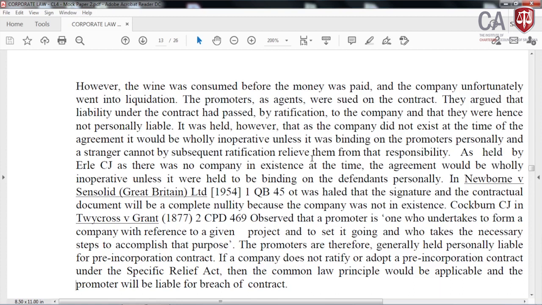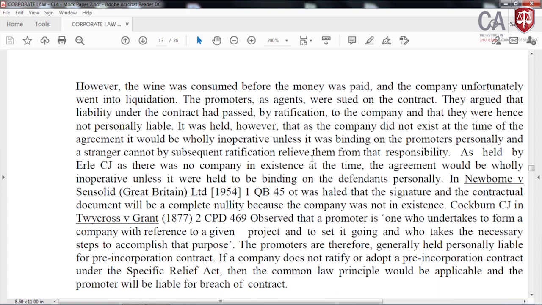Now that was the old common law situation. In Newborn versus Sensolid, Great Britain, it was held that the signature and the contractual document will be a complete nullity because the company was not in existence. Cockburn C.J. in Twycross versus Grant observed that the promoter is one who undertakes to form a company with reference to a given project and to set it going, and who takes the necessary steps to accomplish that purpose. The promoters are therefore generally held personally liable for